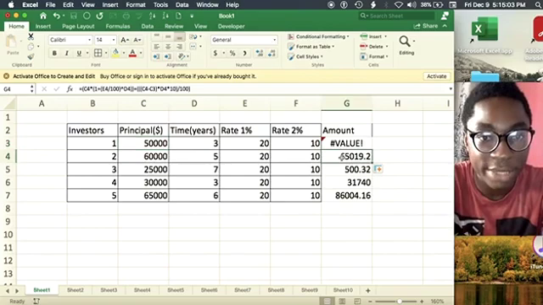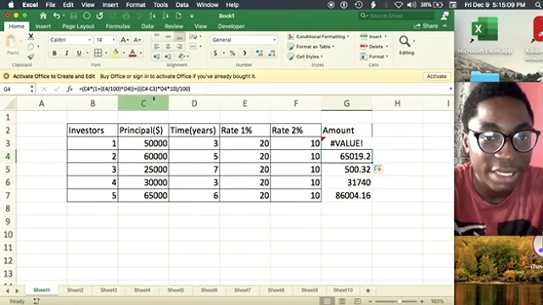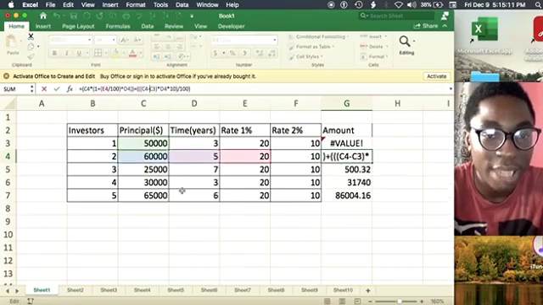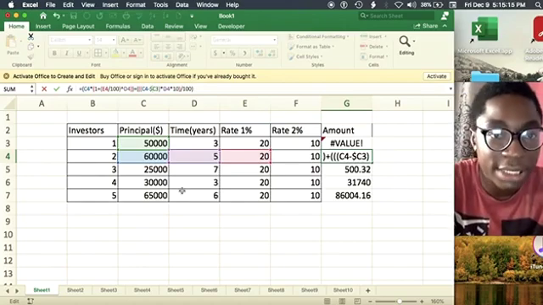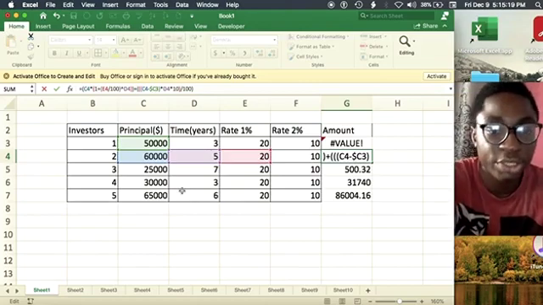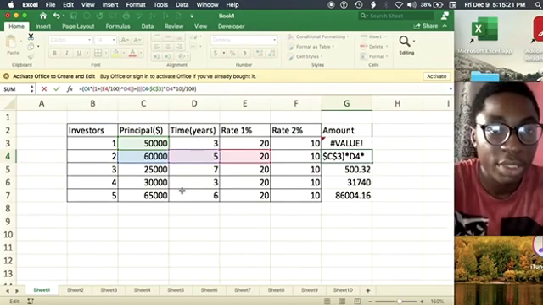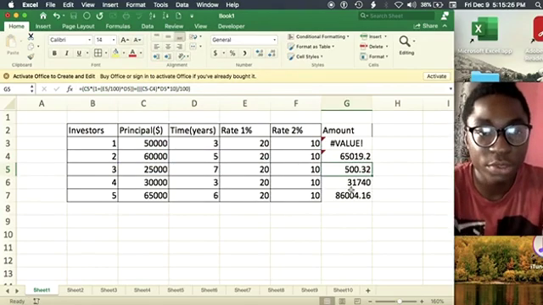I'll go back to my first formula, which I copied up and down, and then I'll insert an absolute reference on this C3. I want it to be absolute, and that will be done with the dollar symbol. So I'll insert absolute before the C, which is the column, because I don't want it to change, and then absolute before the row number. So when we click enter, we should be able to have